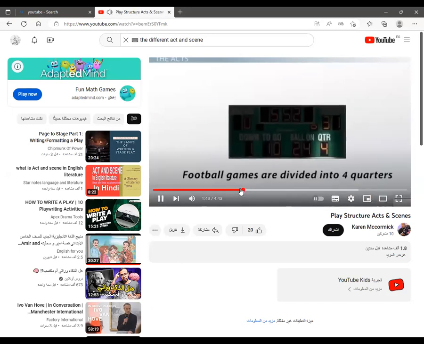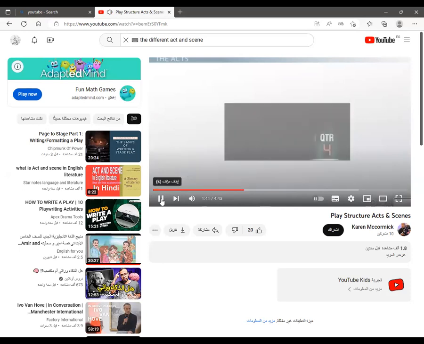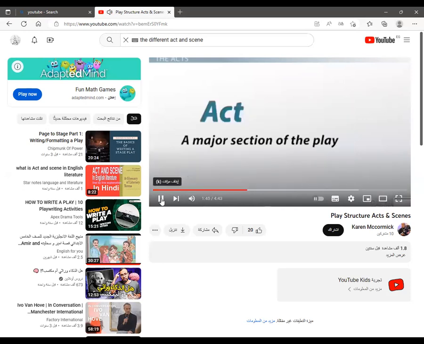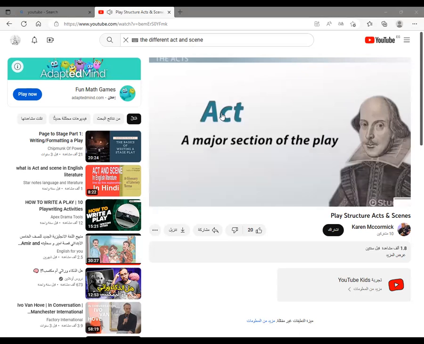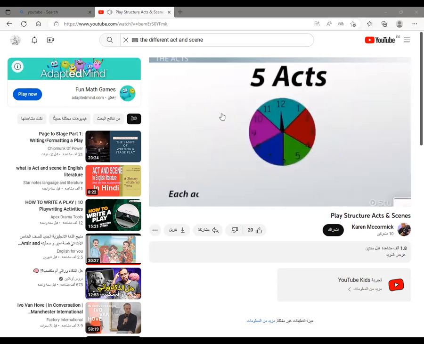In the same way, plays are divided into acts. Each act is a major section of the play. So number 1, Dana, what is an act? A major section of the play. Yes, a major part of the play. Acts might be just 10 minutes long, or they might be over an hour long. Shakespeare usually wrote his plays in 5 acts, and each act builds on the ones before it to advance the story. One-act plays are short plays that only need one section to tell their story.